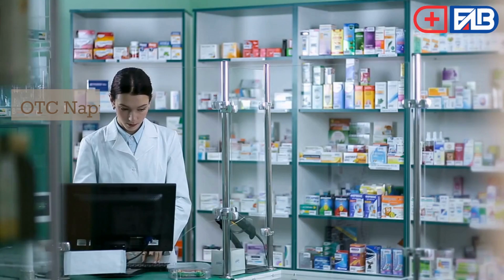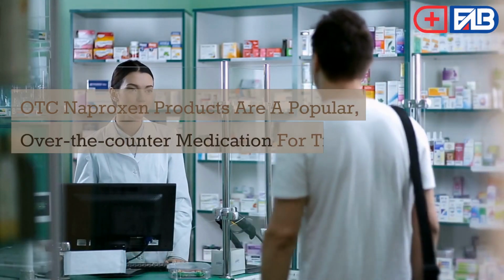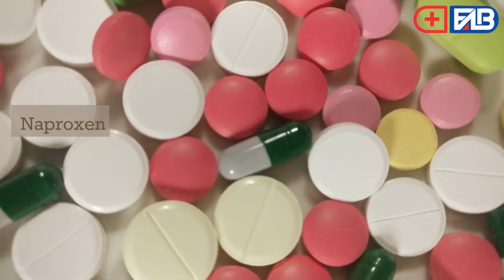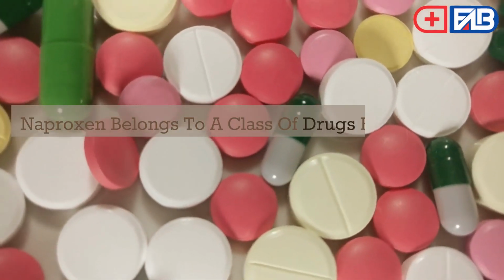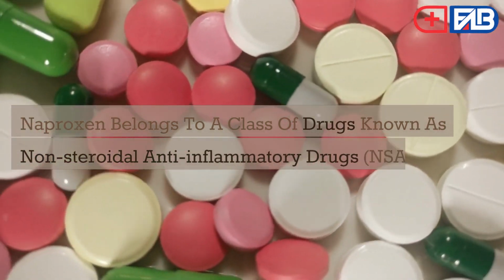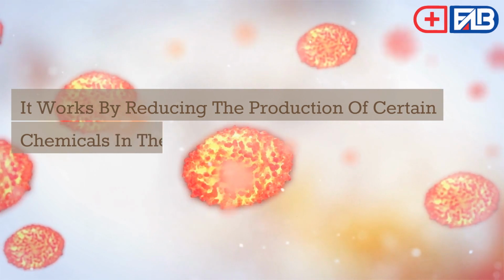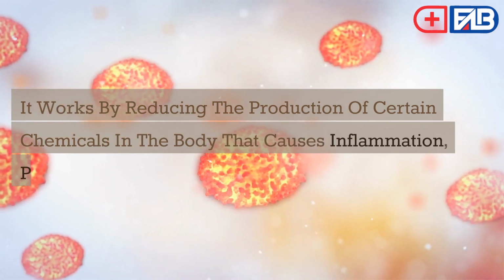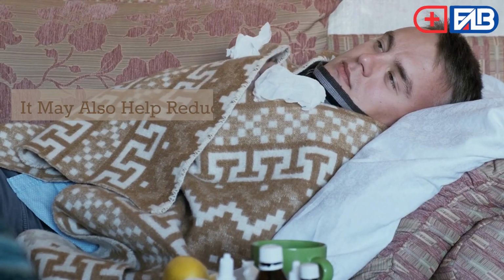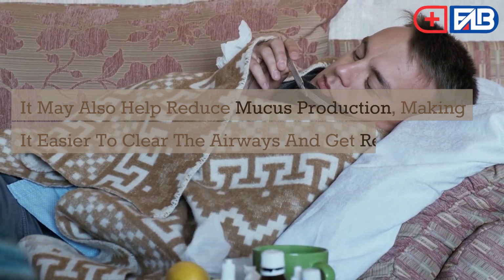Naproxen. OTC naproxen products are a popular over-the-counter medication for treating dry cough. Naproxen belongs to a class of drugs known as non-steroidal anti-inflammatory drugs, NSAIDs. It works by reducing the production of certain chemicals in the body that cause inflammation, pain, and fever. It may also help reduce mucus production, making it easier to clear the airways and get relief from a dry